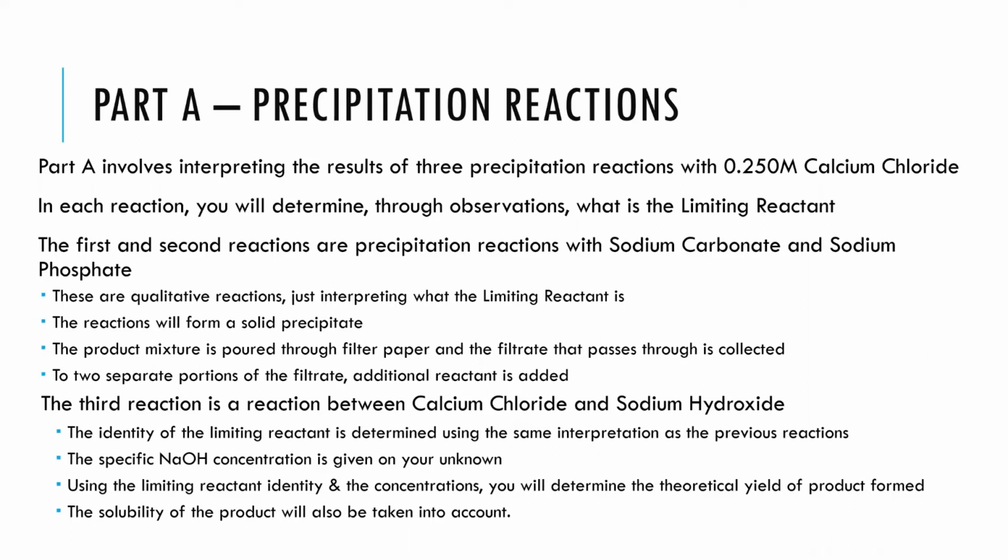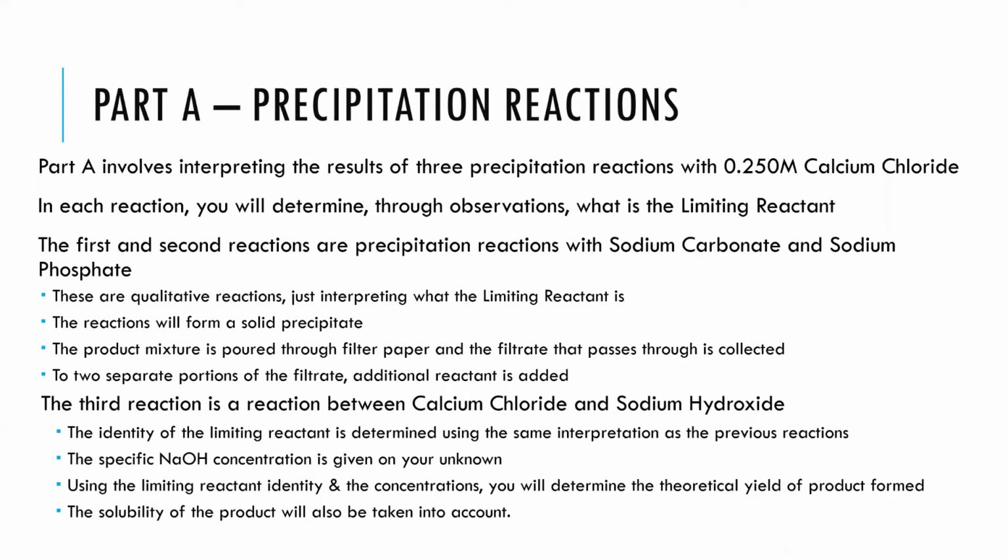You're going to be combining calcium chloride with sodium hydroxide or potassium hydroxide, depending on what the unknown is. And you can see the reaction happening, just like in these first 2 reactions. However, the unknown itself also lists a concentration of the hydroxide. So you'll know the concentration of calcium chloride and the concentration of the hydroxide, the sodium or potassium hydroxide. In lab, you can go through the same